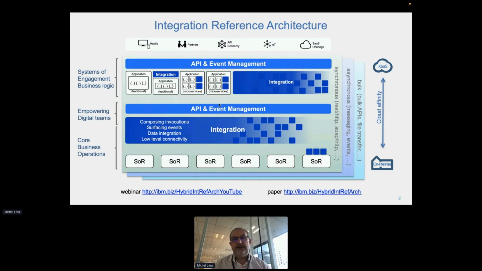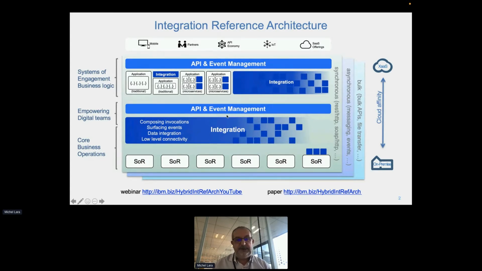Traditionally, with our customers, you can find internal API with an internal catalog and also external API. And not only API, of course, but also event management, because we will see after, we have to manage synchronous APIs and messages, and asynchronous APIs and messages, both, and some bulk API to make massive changes on data, for example.